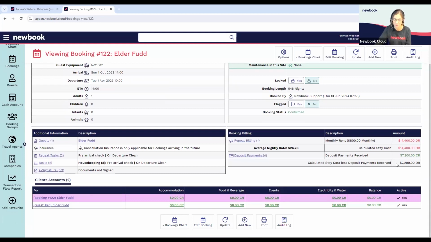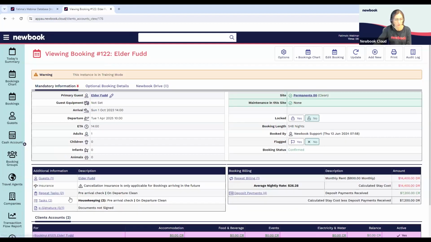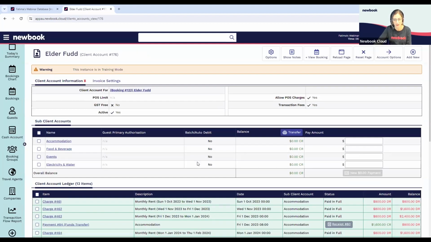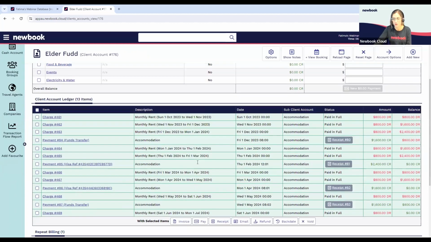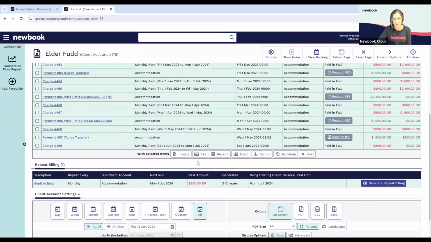individual booking page. So long-term stays, repeat billing is essentially where we can create a charge, whether monthly or weekly, with a set value of that interval, and we will automatically raise a charge on a set date per month or per week. So where a lot of our clients will need to go if they use repeat billing is they can head to the client account, because this is where you would settle all those charges and view any